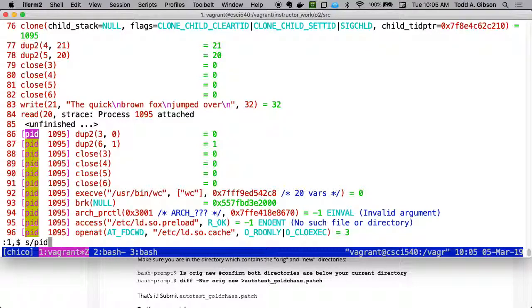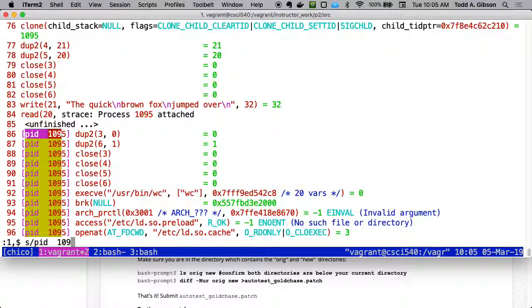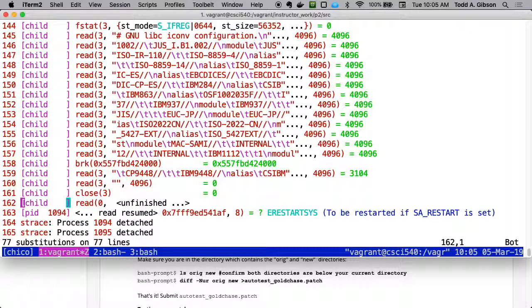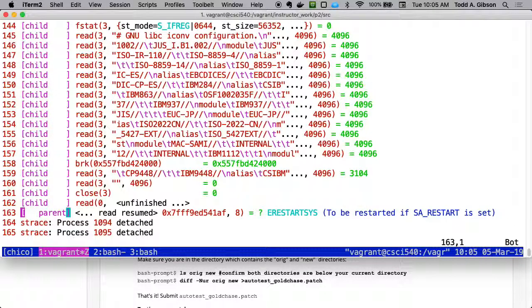So what do I have here? 1, 2, 3, 3 spaces, or 2 spaces. And I like to say CHILD, and then I 1, 2, 3, 4. So I'm taking the same amount of space. But now that says child everywhere, and then I do something similar, and instead of 1095 here, I actually space it differently. I like to put this like that, so that when you're looking at a whole bunch of